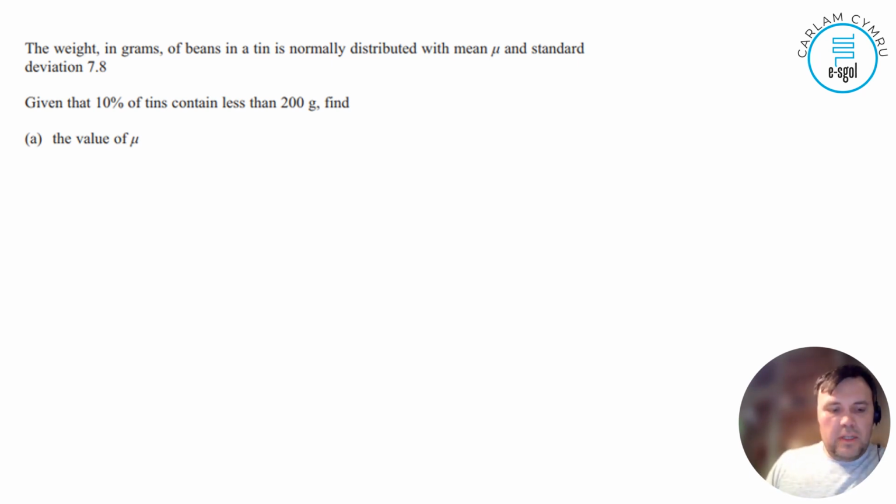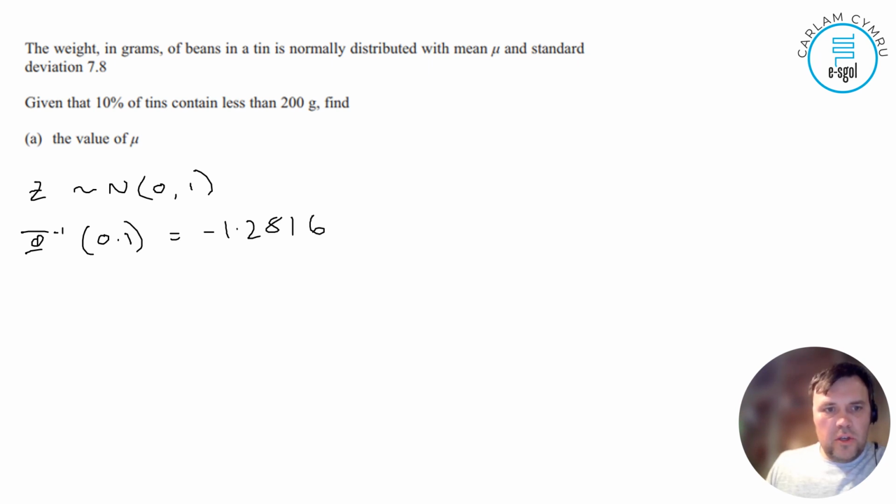So we would say that Z belongs to N(0, 1). We are saying that it is given that 10% contains less than 200. So we would do the inverse of 0.1, and that is equal to minus